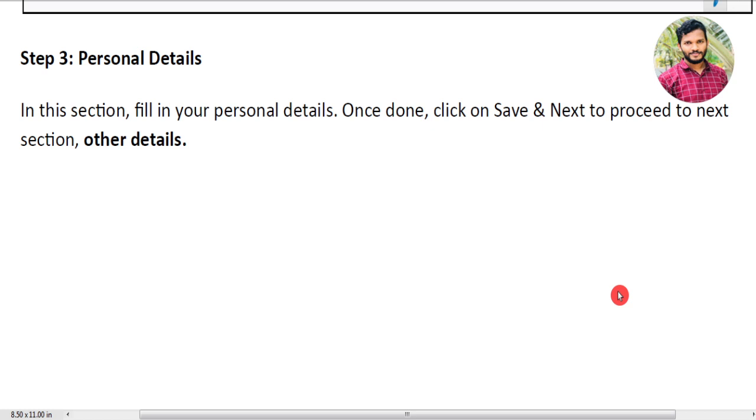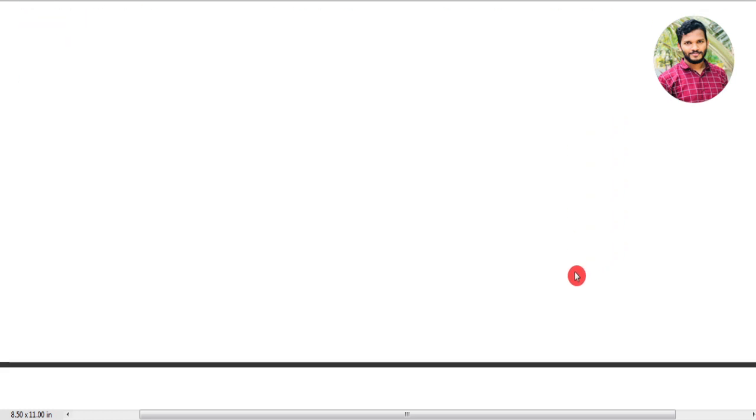redirect to the next page, that is personal details. You have to fill all the personal details. Once done, click on save and next to proceed to the next section.